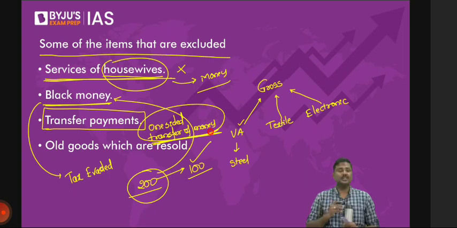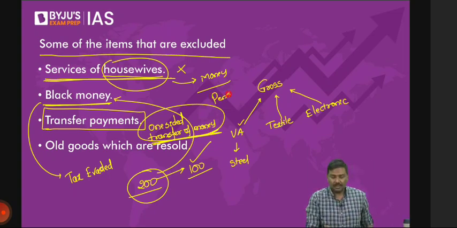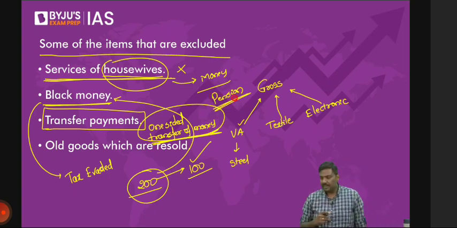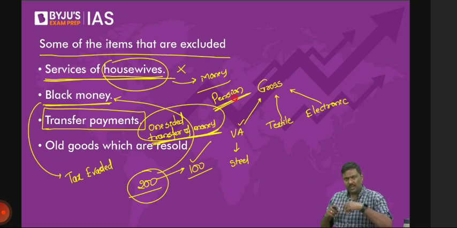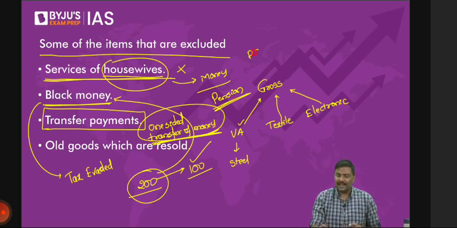So then what is the example? Pension payment. You tell me, pension payment. The pension that is paid by the government is a one-sided transfer. Is there any exchange of goods and services? Or else, I'll give you a current affairs example. Pradhan Mantri Garib Kalyan Anna Yojana. But again, this is a wrong example. I'll tell you why.